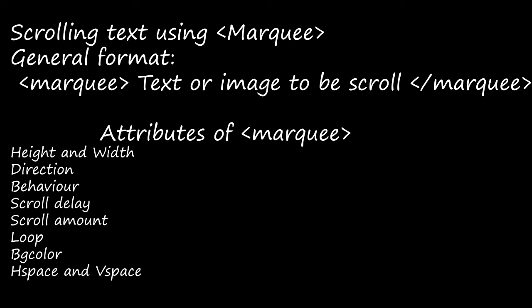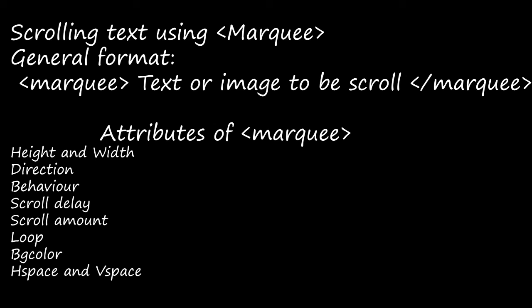Okay, the next one is loop. This is for defining how many times the marquee element should repeat on the screen, right? The default value will be infinite. If you are not giving the loop attribute along with marquee, it will keep scrolling. An infinite number of scrolls will be there by default, because when you open the screen, it will start scrolling and the text will keep scrolling until you close the screen. That is, infinite is the default value. If you want the element to scroll only a certain number of times, you have to give the value inside this loop.